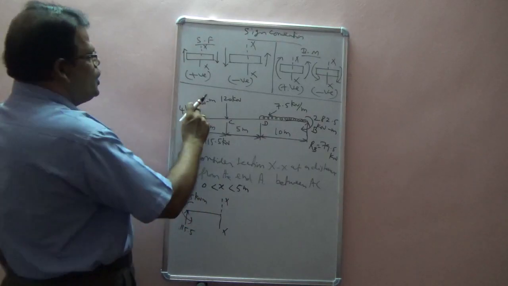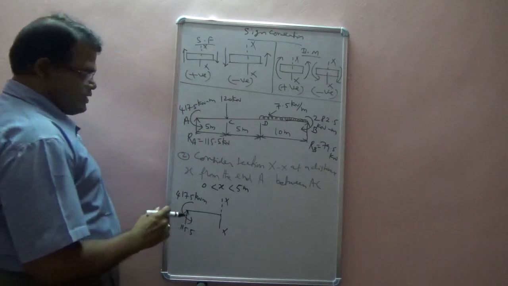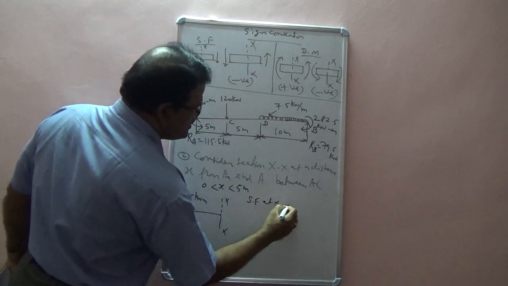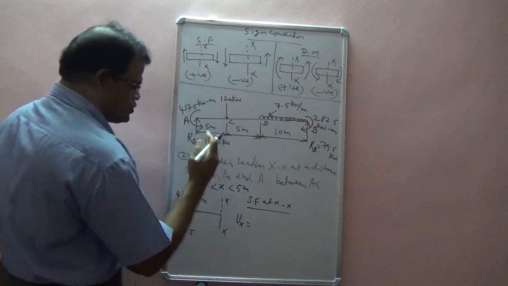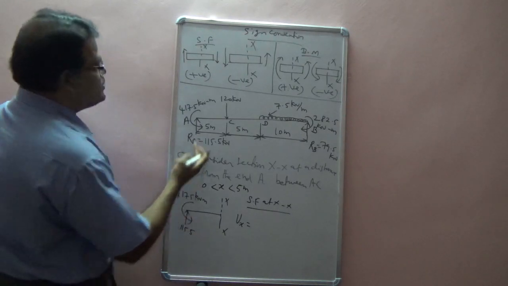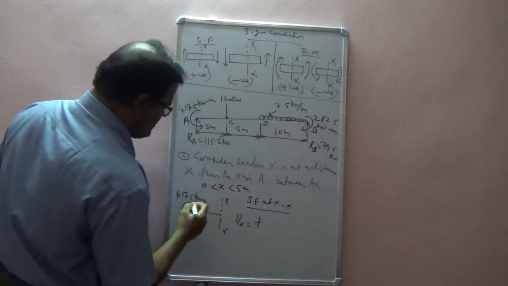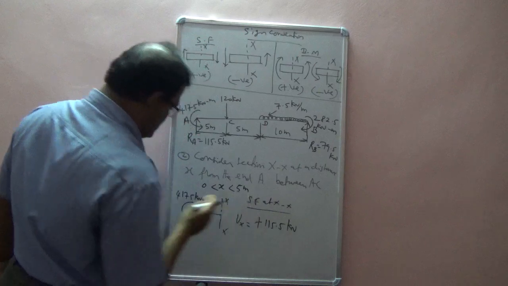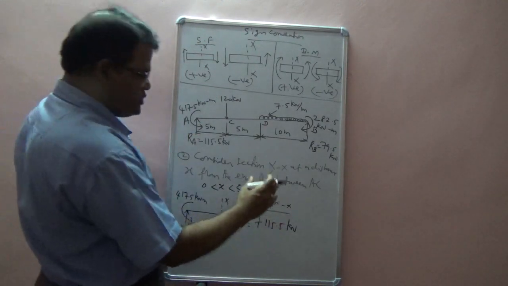These are the two loads acting between the section AC from point A we consider. Now calculate the shear force at XX, so we denote it as Vx. This is the section; on the left side we have considered force acting upward, and left side force acting upward is positive, therefore plus 115.5 kilonewton. This moment we can't write in this shear force equation because we consider only the shear force.